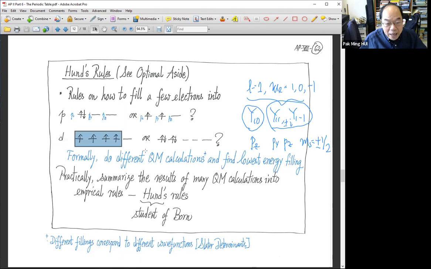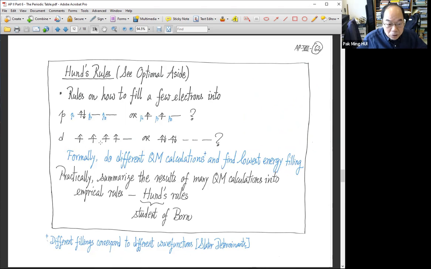Is this lower energy than that? Okay, the answer is this has a lower energy than that, and therefore we have ferromagnetic material. We have 4 aligned spins. That will be a stronger magnetic atom. Okay, so that is what Hund's rule says. Hund's rule says this is better, this is better, okay,